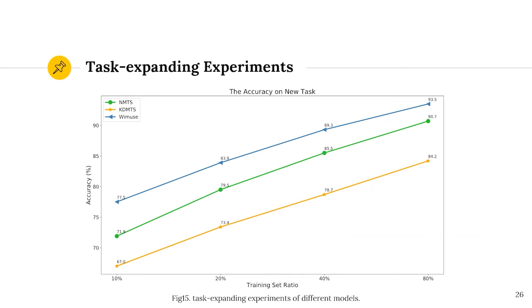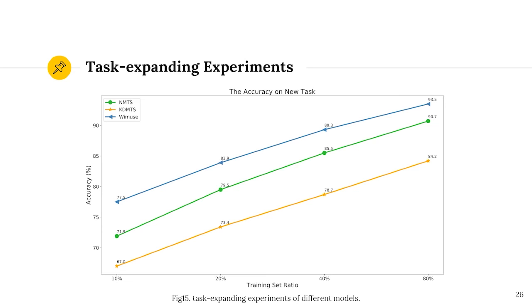Okay, now this is another type of experiment. We try to use this to evaluate the task scalability of Y-Muse. Specifically, we use the trained 2-task version model and add some modules to construct the 3-task version. And then we train the added parts of the 3-task version and maintain the trained 2-task parts.